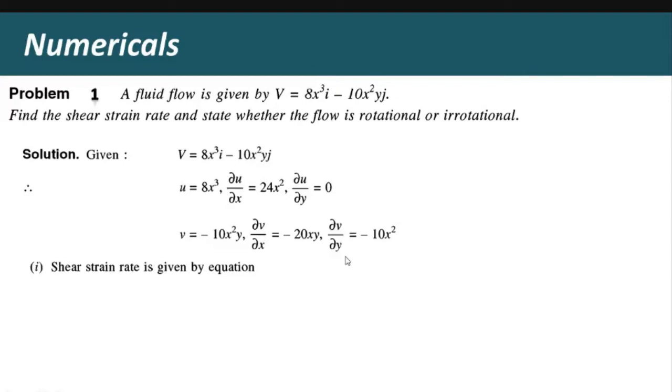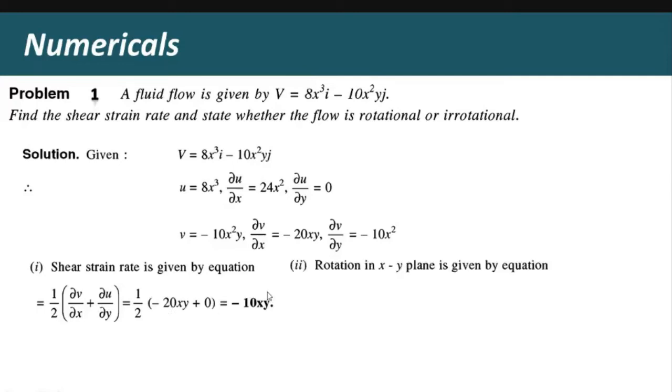OK, now first of all the rate of shear strain. We know the rate of shear strain is given by 1/2 (∂v/∂x + ∂u/∂y). So put the values: 1/2 (∂v/∂x, which is −20xy, plus ∂u/∂y, which is 0). That equals −20xy/2, so it is −10xy. OK, then second, check whether